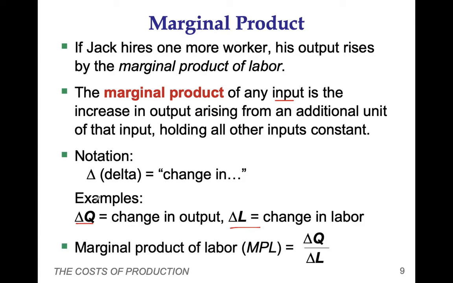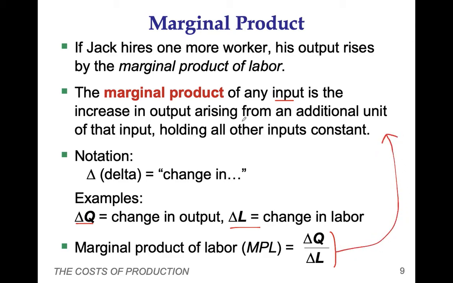So the marginal product of labor, MPL, would be delta Q over delta L, the change in quantity of output over the change in input, which is here in our case labor,